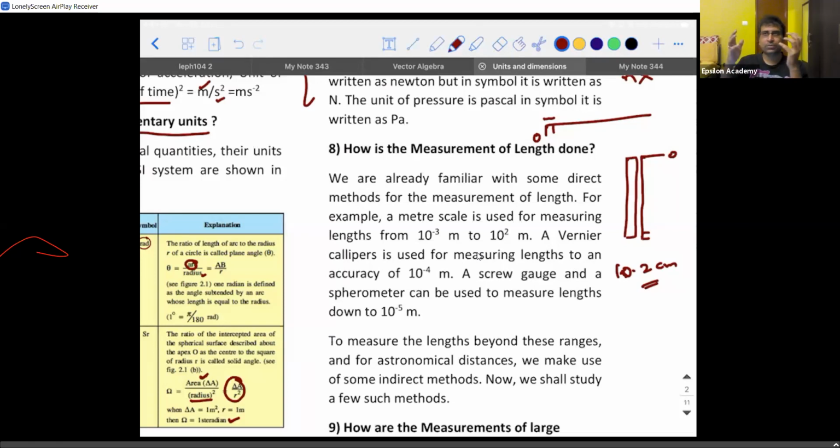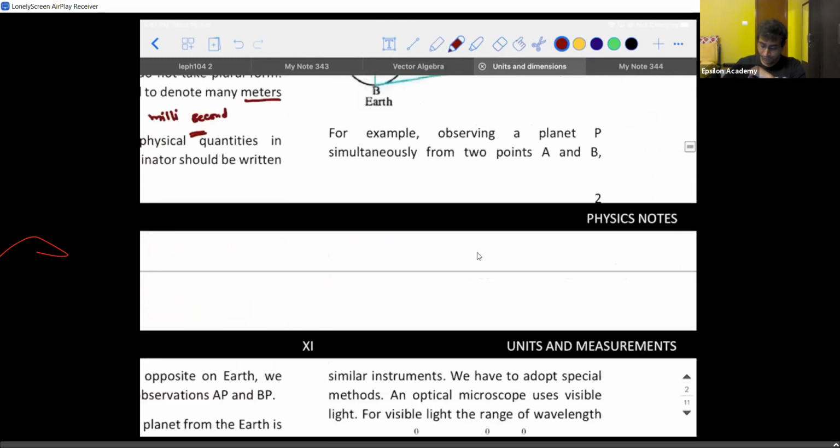So here comes an important question. There is something called accuracy and there is something called precision. This is where we need to understand the definition. Whenever you do a measurement, the immediate question that arises in everybody's mind is how accurate your measurement is, how precise is your value that you're reporting. So that's what we are going to discuss next.